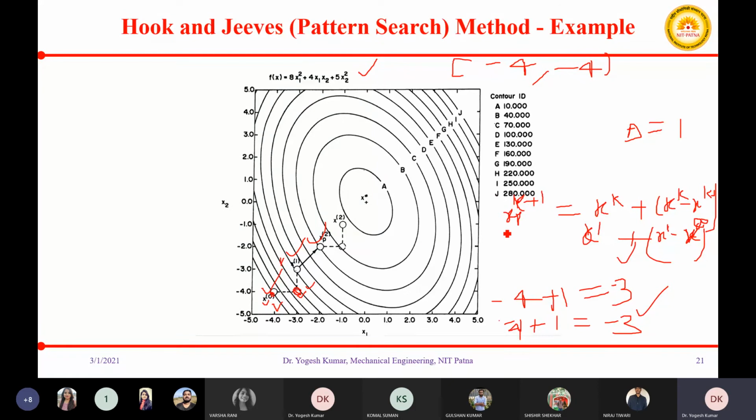Okay, so using this pattern move, you have got a certain value, that is xp k plus 1, and after that you are supposed to perform your exploratory search again. So this corresponds to your exploratory search, this to your pattern move, and again this to your exploratory search.